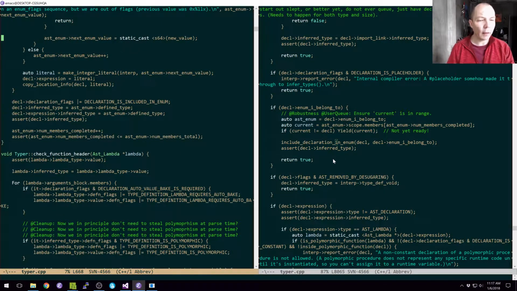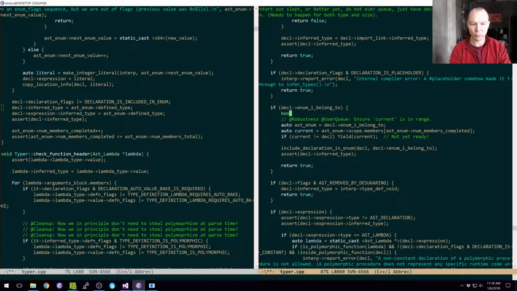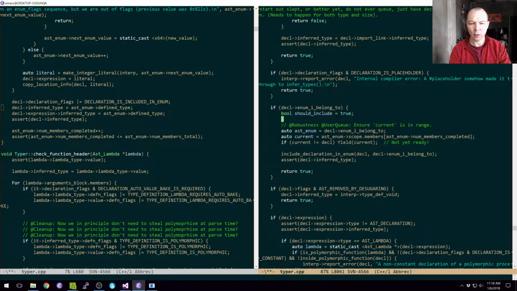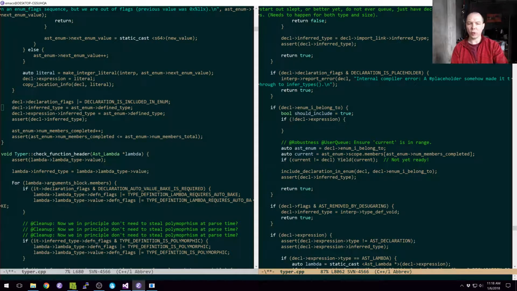Okay, so we flag it already. So what we can do is instead of checking this num members completed, we can just say if it has, and if it doesn't have an expression, right? If it does have an expression, then there's no dependency. If it doesn't have an expression, then